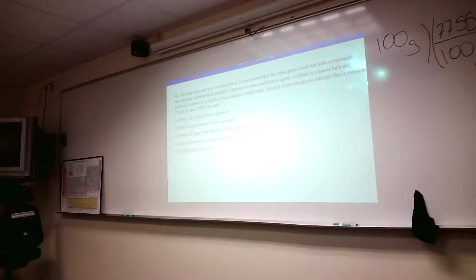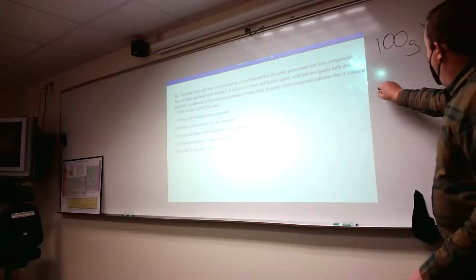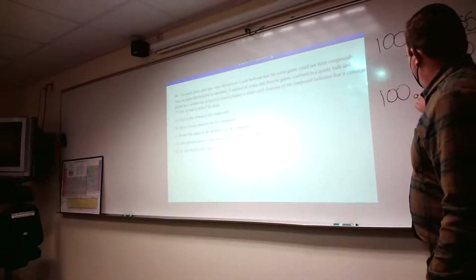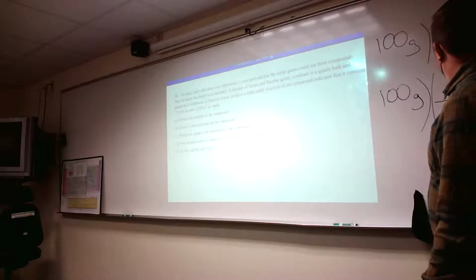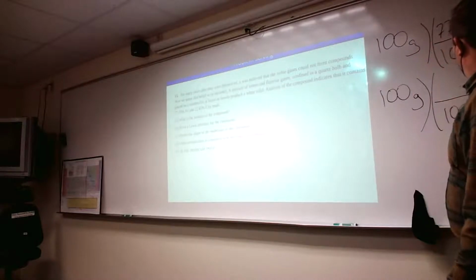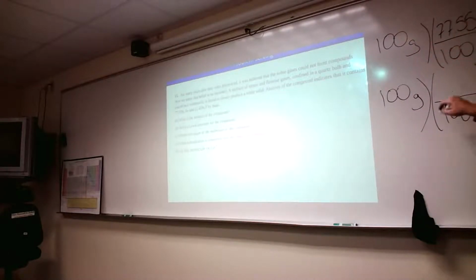What do we get for a number here? About 0.5 or so? 0.5906. And then fluorine is 1.2. We can do the exact same thing. Take the same number we started with and just say, okay, for every 100 grams of compound, 22.45%